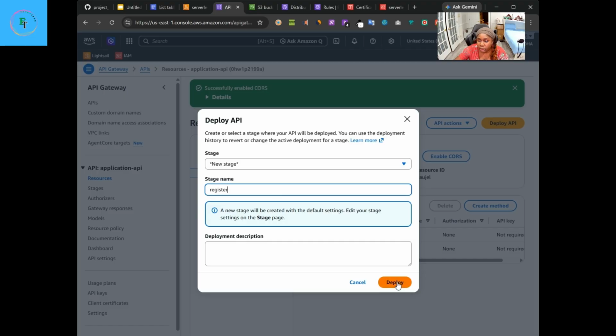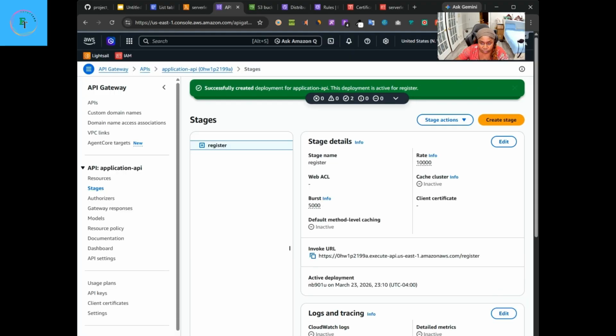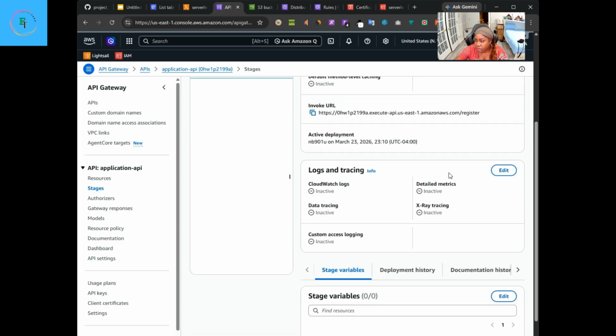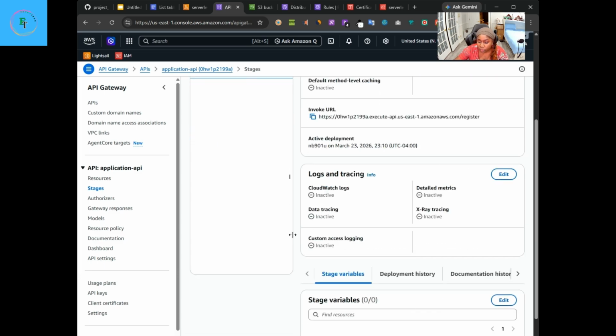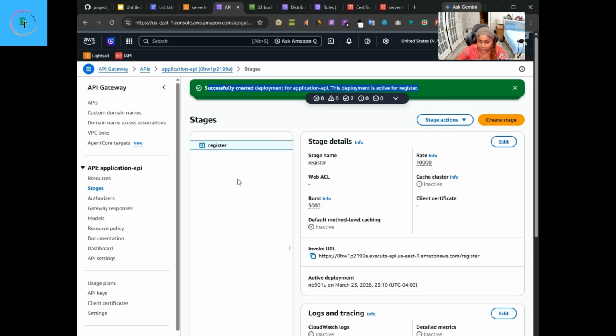Description, nothing. I'm going to click on deploy. And you can see successfully created or deployed API. So this is actually active and it is working. When we come here, you can see this is our register stage. Everything is being created here. If you want to create multiple stages, you can click here, but that's what we wanted and we are done